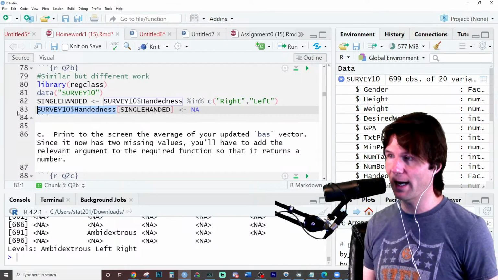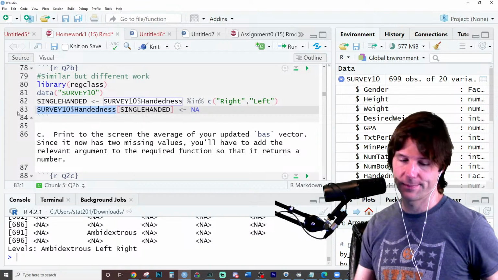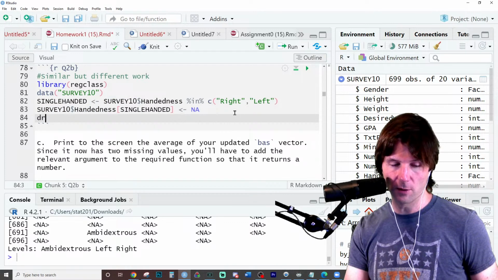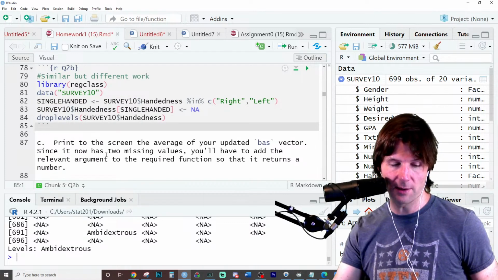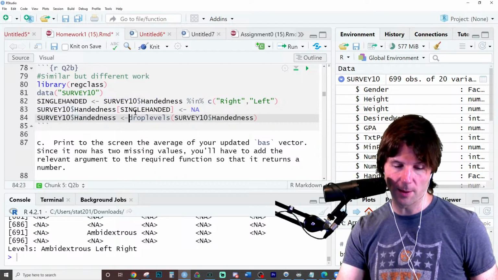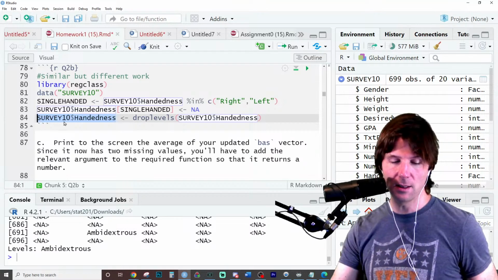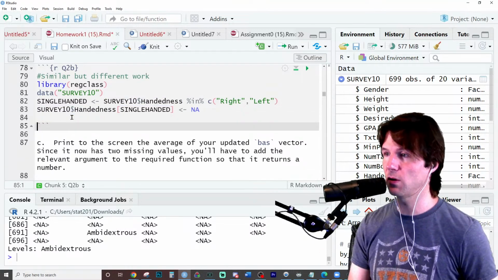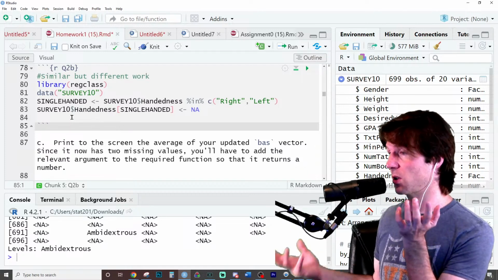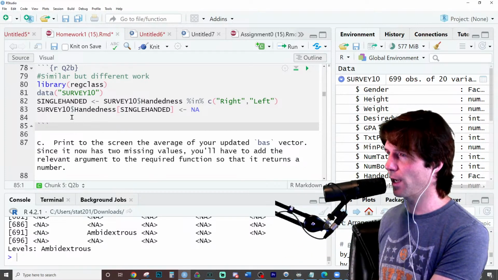Now the levels still has the other things. We could use drop levels. I'm not going to do that right here, but I'll show it. It's not needed for this question. But if you're wondering why those still exist, if you go and drop levels, it'll drop unused levels. And I think it writes into it. No, it doesn't. You have to overwrite it with the dropped levels version. So now it just has ambidextrous. That's not needed, but if you're wondering why is it still showing those, you have to drop unused levels from the levels vector to remove them from just displaying. They're still kind of there as a container, but then we've dropped the unused levels, not needed for this assignment,